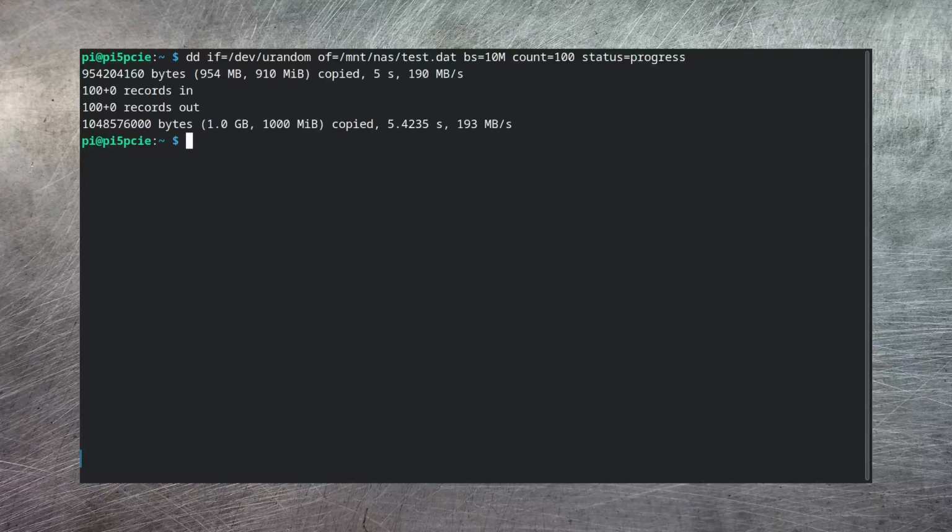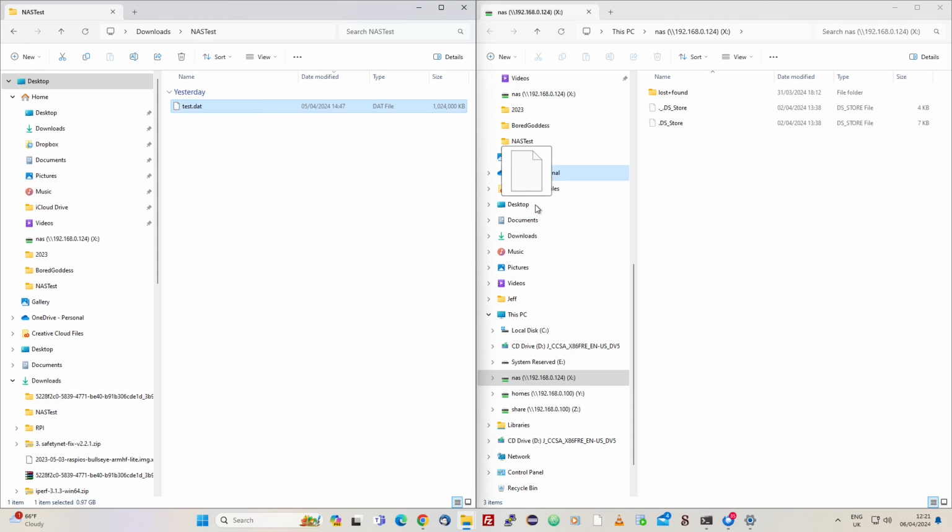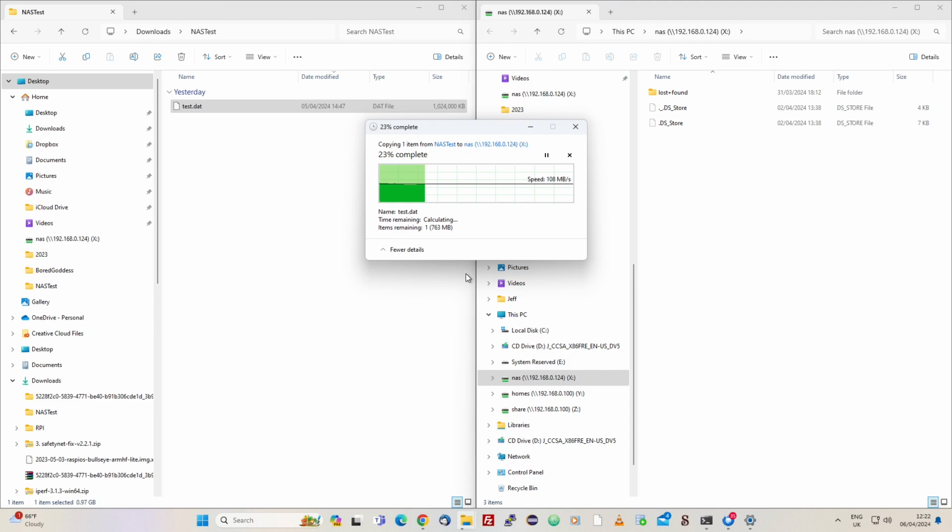Now we have this, we can use it to check out the performance of our NAS. The first test I'm going to run here is on a Windows box. On the right hand side, I've mounted our NAS as the X drive, and I've just done that using the normal Windows sharing mechanism. On the left, I've got a local directory on my Windows box with the test file that we generated. So if I just drag that across the NAS and then copy it, you can see that